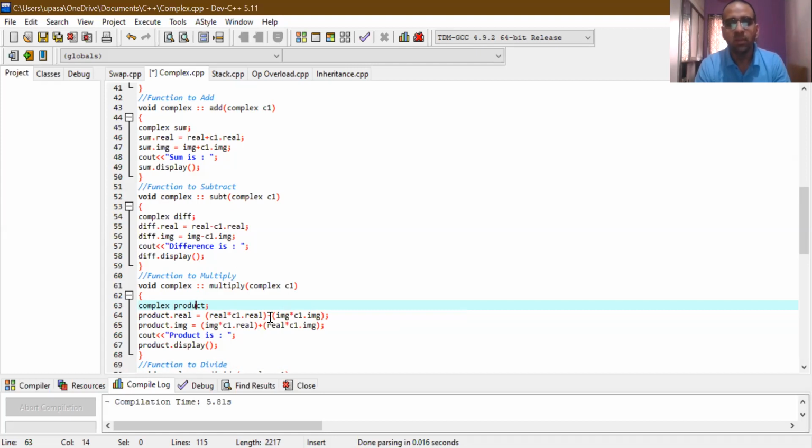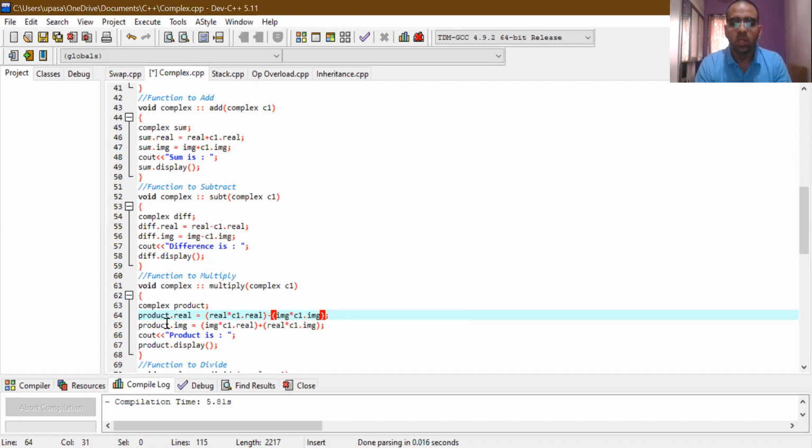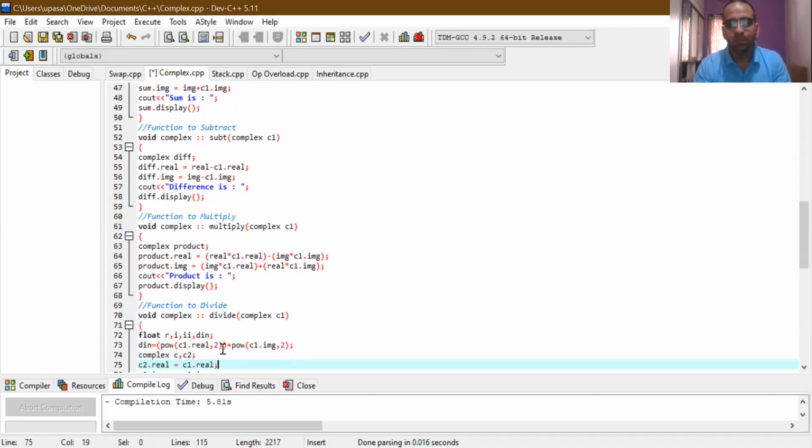When i is multiplied with i, we have i square, and i square is equal to minus 1. So this minus sign will be appended with the product of two imaginary numbers. And in the imaginary part of the product we have imaginary into real plus real into imaginary, because they will be cross multiplied and then only we will have the imaginary product part. And then again we have the product object calling the display function.